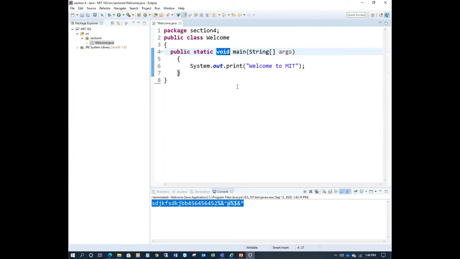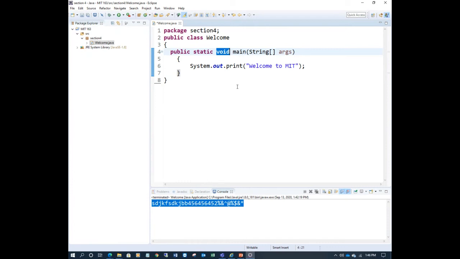Methods in Java return some values as a return type. It returns some data, which may be a number, a text, a string, a message, any type of data. If a method does not return anything, it's like a teacher teaching and a student not responding.